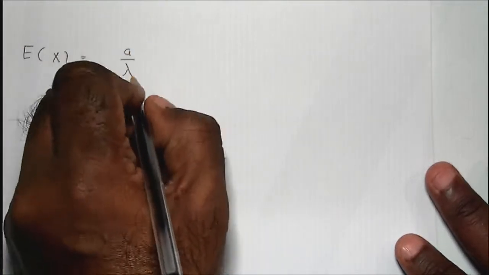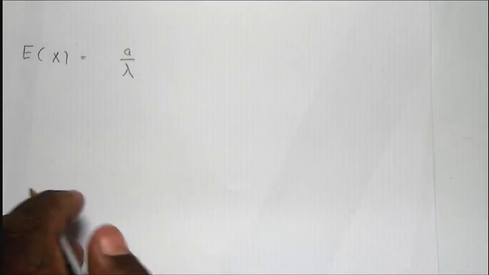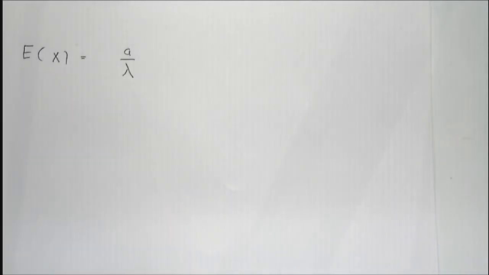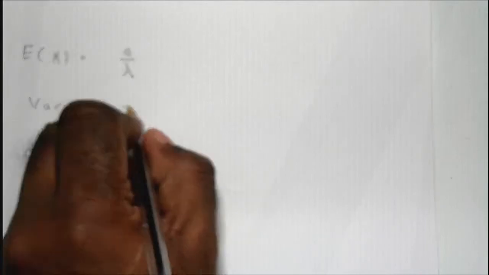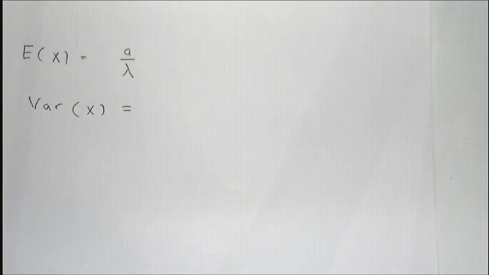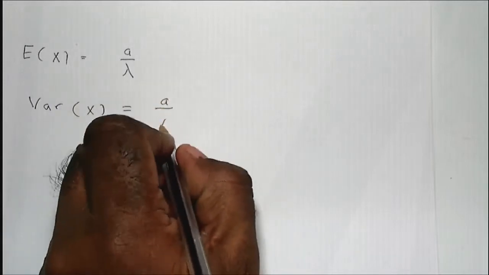Now, let's return to the gamma distribution, which is what I wanted to talk about, not the gamma function. The gamma distribution has the following properties. The first property is the expectation of x is equal to A divided by lambda. So here I'm talking about the gamma distribution, not the gamma function, okay? The variance of x is equal to A by lambda squared,